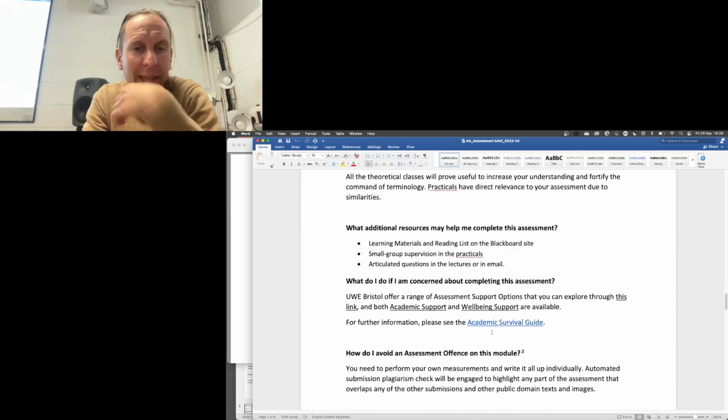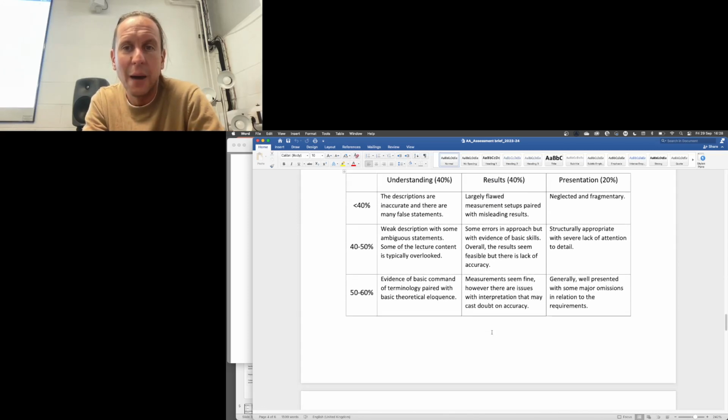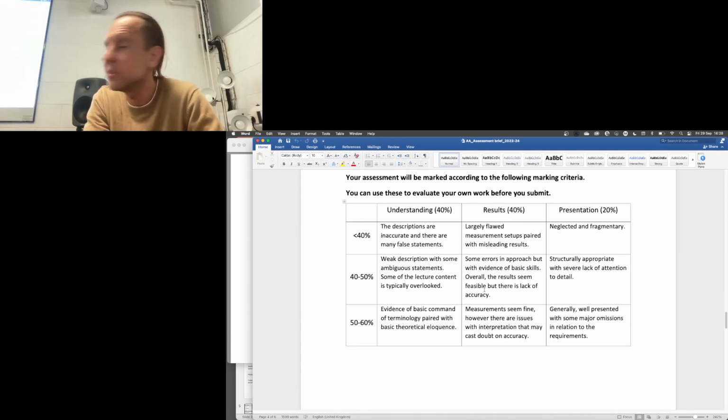Okay, so that's briefly about the assessment. Essentially, this is the balance of things. I'm going to try to evaluate your understanding of the topics, which is not evaluating the accuracy of the document. These two things, unfortunately, tend to be slightly different.